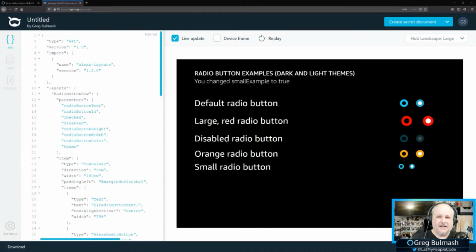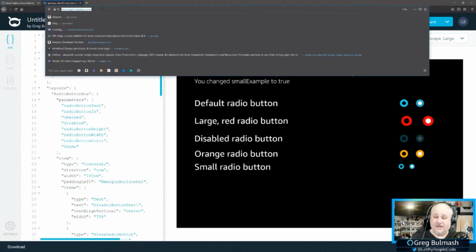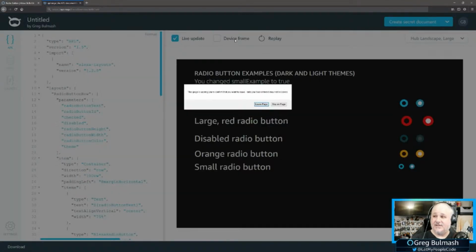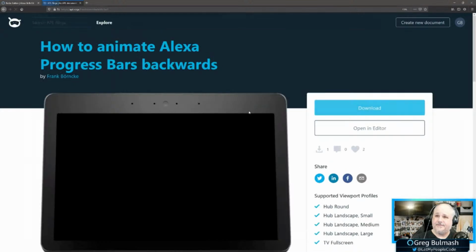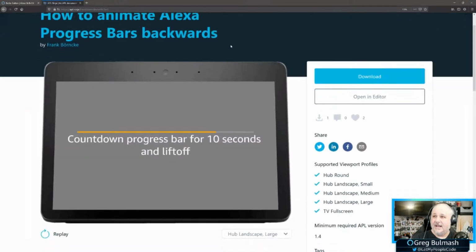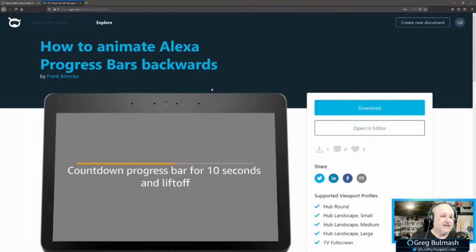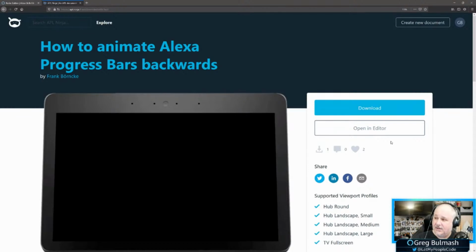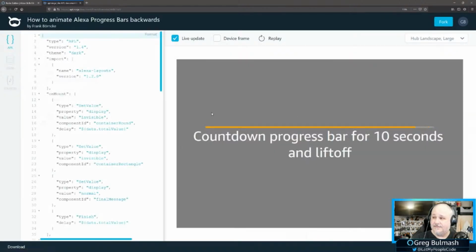Let's see here. This is what I was going to do. We are bringing in this APL Ninja document. I'm going to leave this page. And this is the progress bar component, but this is something Frank Bornke did. Frank set it up so that the progress bar goes backwards. And the thing is that we'll go and look in the editor here.